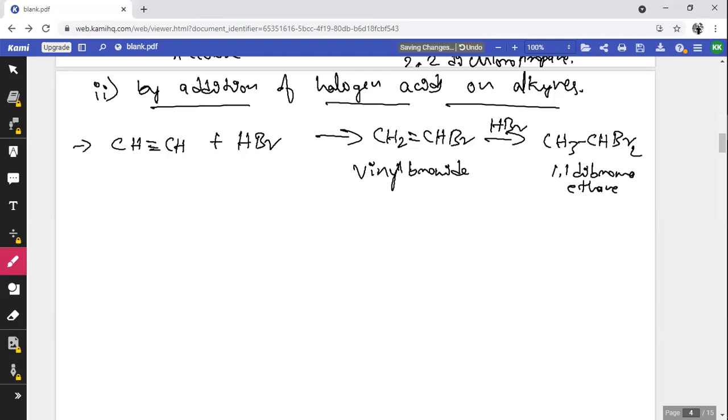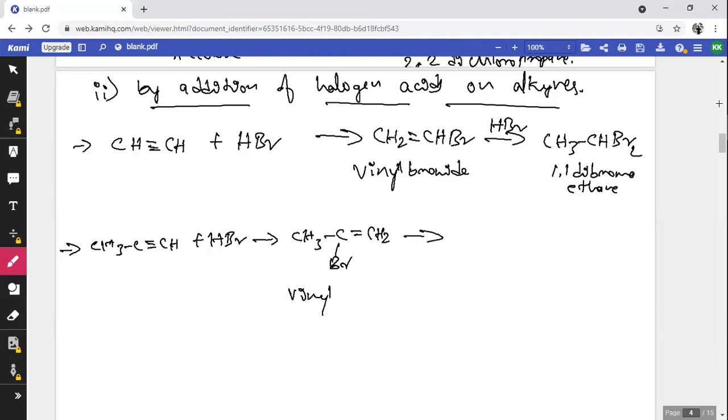Similarly, if you take propyne, CH3C triple bond CH plus HBr gives rise to CH3CBr=CH2, which is again a vinyl bromide in general. If you consider the IUPAC name, it's 2-bromoprop-1-ene. Further on treating with HBr, which gives